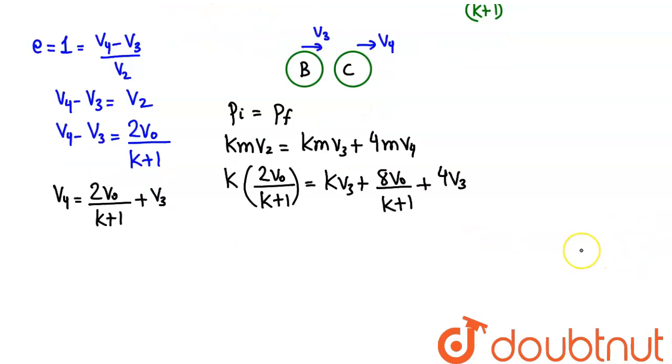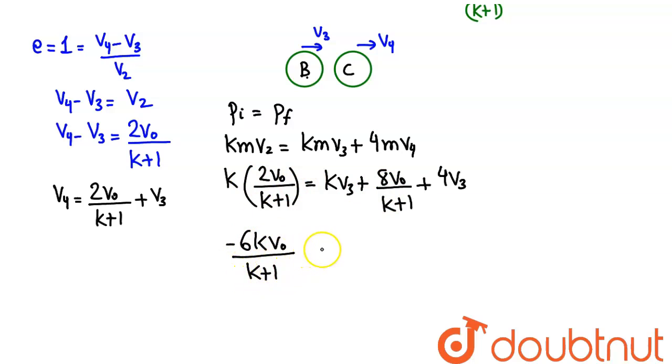So we need to find the maximum velocity for B after collision, that is, we need to maximize this V3, hence expressing this V3 in terms of all the quantities. So this gives us, taking this to the left side, minus 6 times k into v0 divided by k plus 1